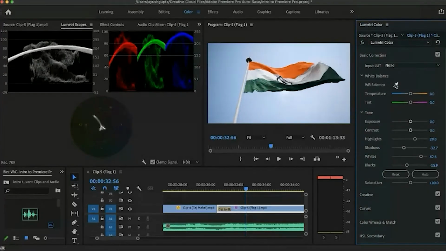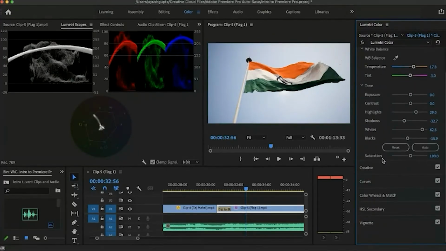So for white balance, there's a trick that Adobe made to make it easier for editors. Use this eyedropper tool and move it onto the brightest part of the image, the white part. You see, on the bright part, it auto corrects the temperature and the tint. So if you are not satisfied with the temperature, we can just adjust it manually, a bit more, not much, somewhere around 17, 18, 19, 20.